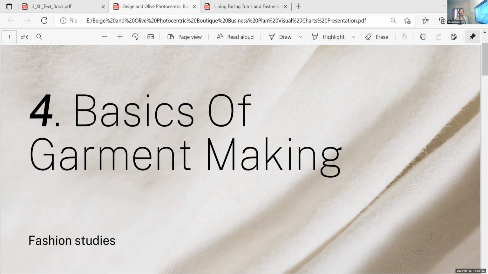In the second unit, it was basics of pattern development, where we learned about some pattern development. We developed few patterns, right? We learned how to develop basic patterns, whether it is basic bodice, basic skirt, basic sleeve, basic necklines, and all. We just learned about how to develop slopers or basic patterns of few of the garment types. And we also learned different techniques which we can utilize to convert these basic patterns to advanced designs. Am I right? Yes. So in this chapter, we will be learning about fibers.